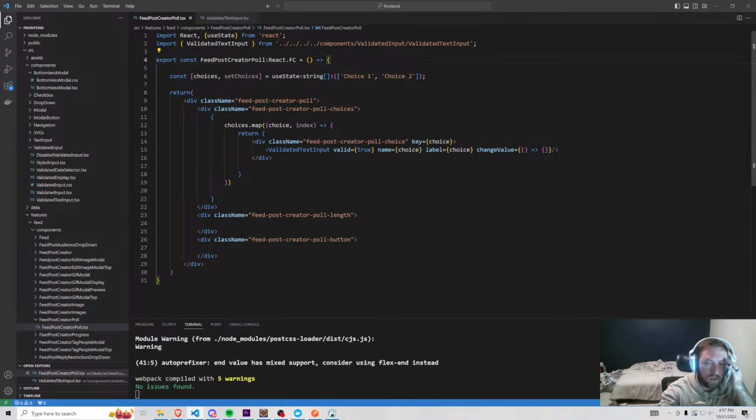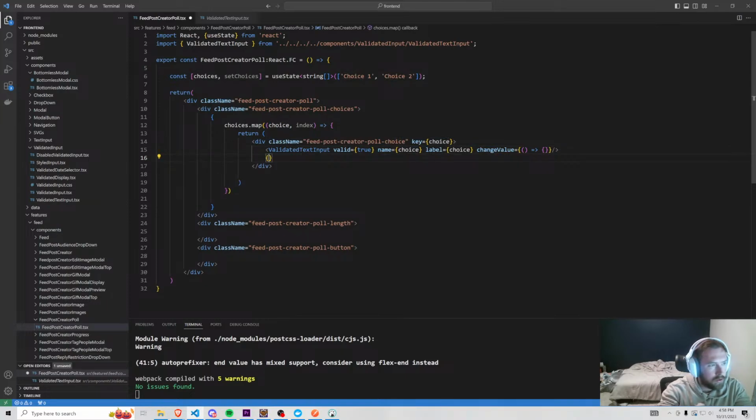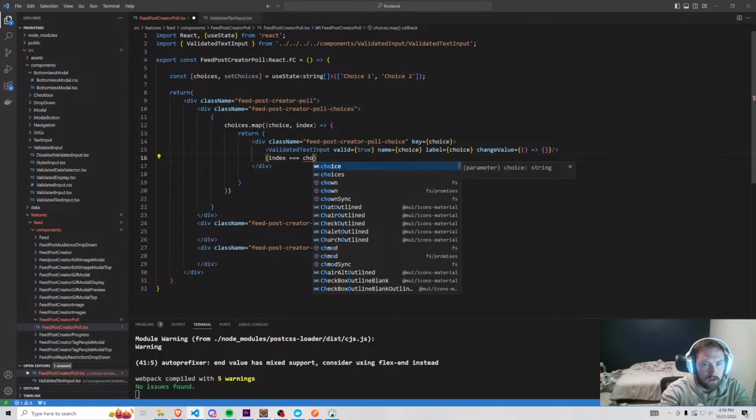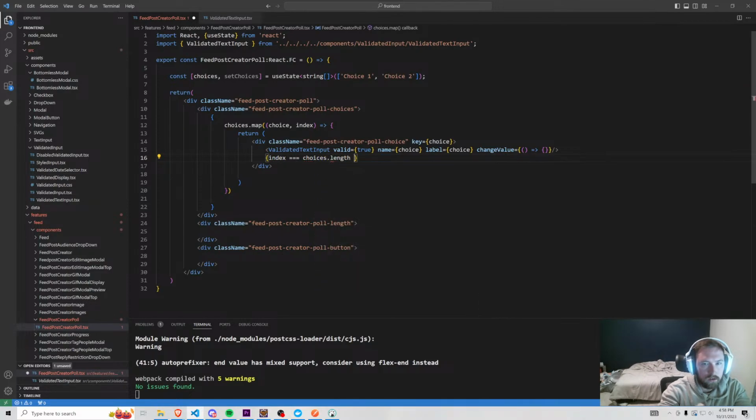And honestly, the name could be the index, but I don't know if that'll work. But we're gonna say one of these. We're gonna say index equal to choices.length - 1,